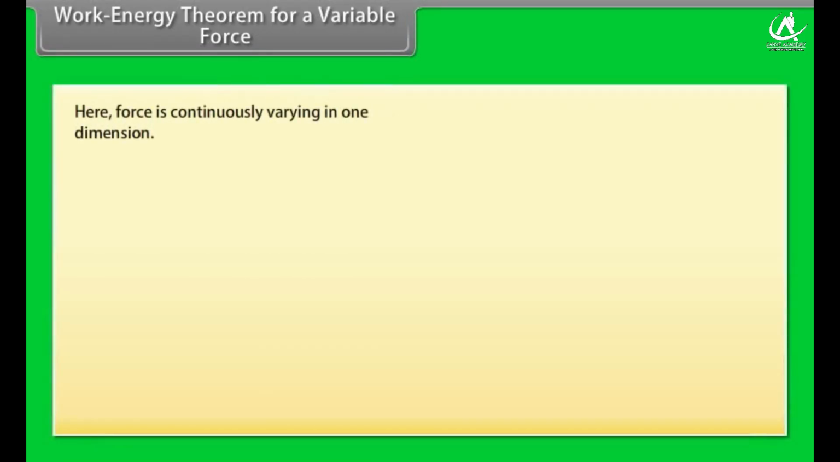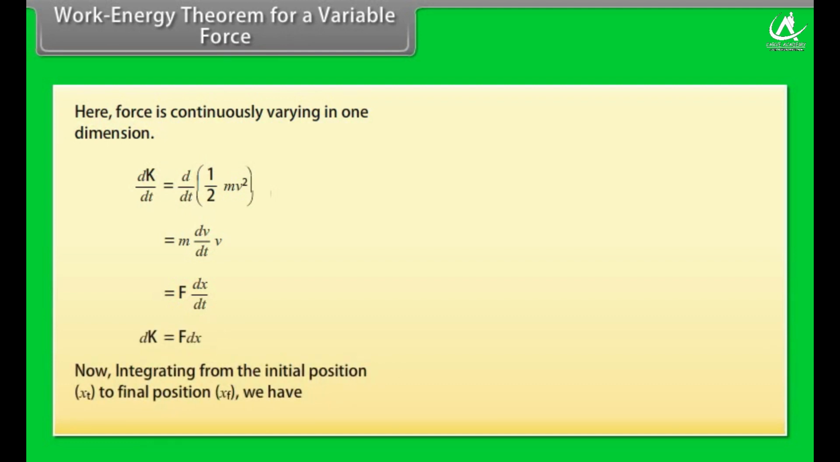Work energy theorem for a variable force. Here, force is continuously varying in one dimension. By calculating dK by dt equal to d by dt into half mv square, we get dK upon dt is equal to F into dx by dt, which gives dK is equal to F dx. Now, integrating from the initial position xi to final position xf, we have